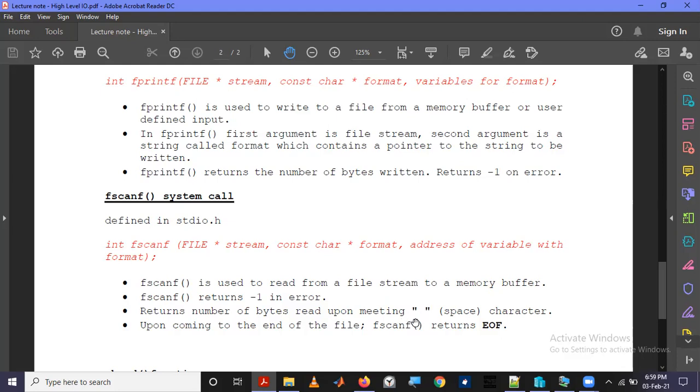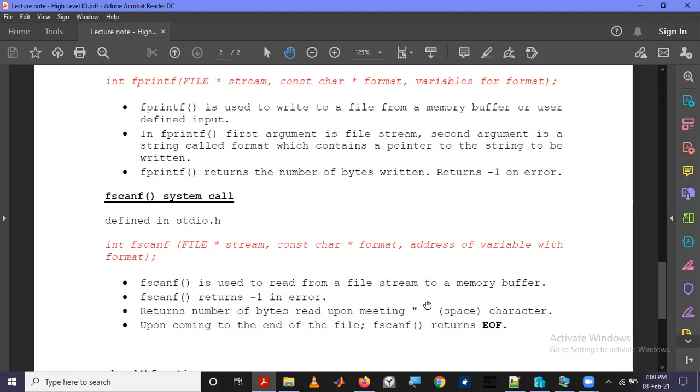Then you have to call this again if you want to read starting from that space. That means it will temporarily hold its reading when it finds this space character.